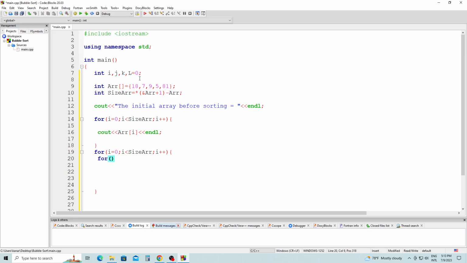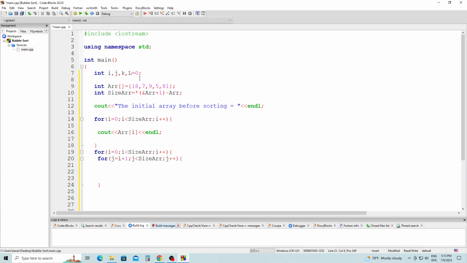So we have here a nested loop for j equals i plus 1, semicolon, j less than size of array, semicolon, j plus plus,